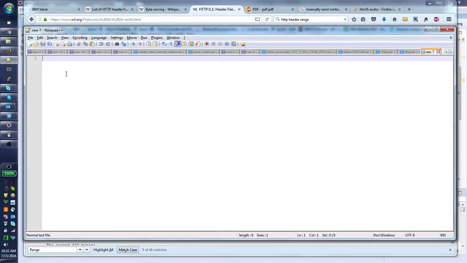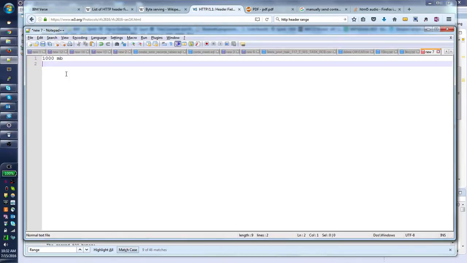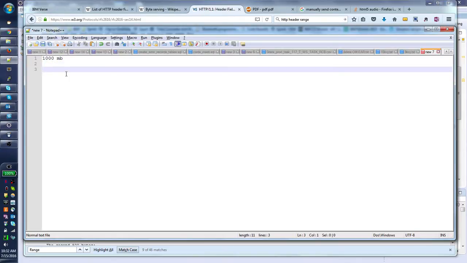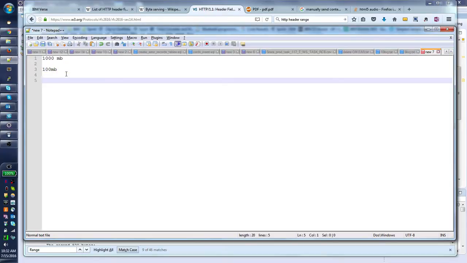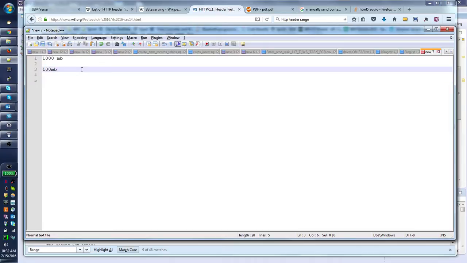So for example, the file size is 1000 MB, and the download stops at, let's say, 100 MB. So when we try to resume it, this is the actual file on the client's disk.